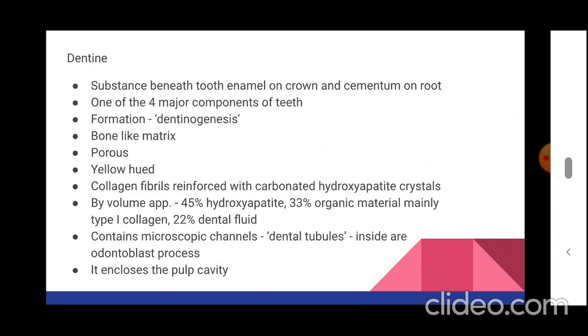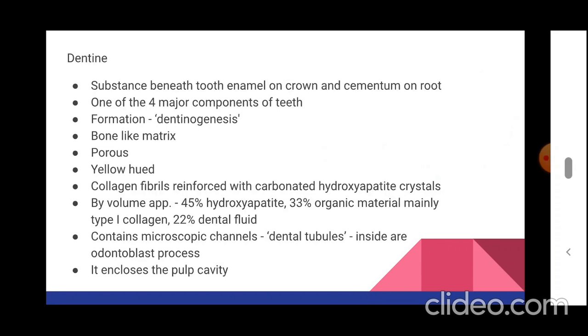Substance beneath the tooth enamel on the crown and the cementum on the root. Earlier in the image I showed you the cementum, and inside the cementum there is the dentin. Inside the enamel, the layer below the enamel is the dentin, and the layer below the cementum is the dentin. So dentin makes up the majority of the tooth. This dentin is covered in the crown area by the enamel and in the root area by the cementum. So this dentin is one of the 4 major components of the teeth, and this formation is known as